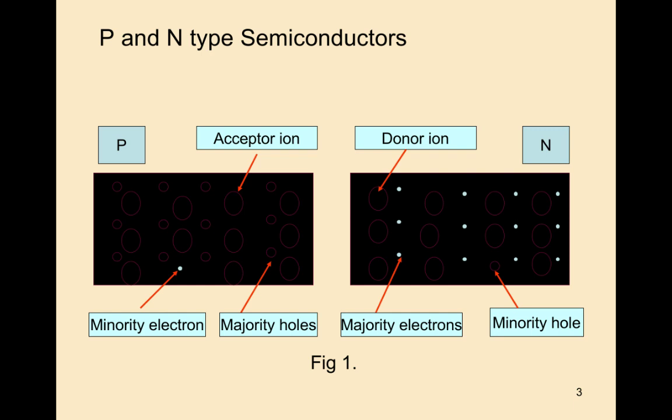By recombination of these holes and electrons at the junction, some potential is generated. That potential we call the barrier potential, and after that the diffusion process stops. That means holes from the p side cannot move to the n side, and electrons from the n side do not move towards the p side. So here the depletion region acts like a wall.